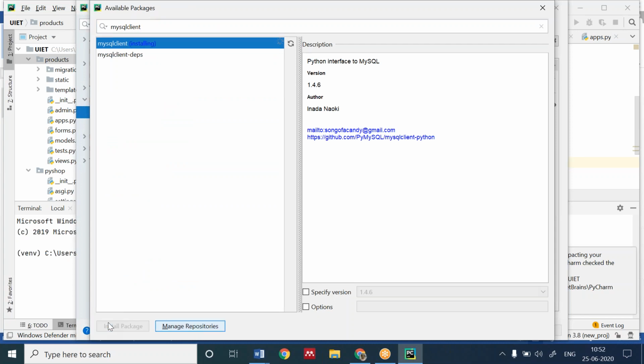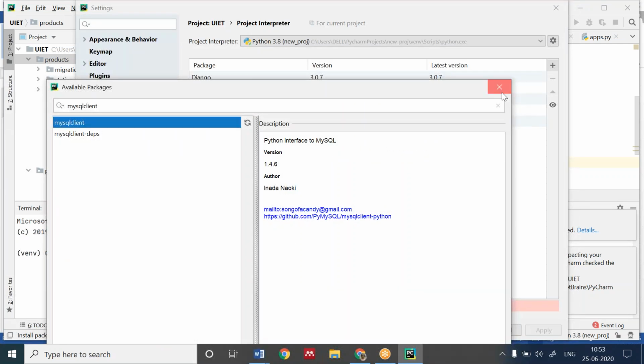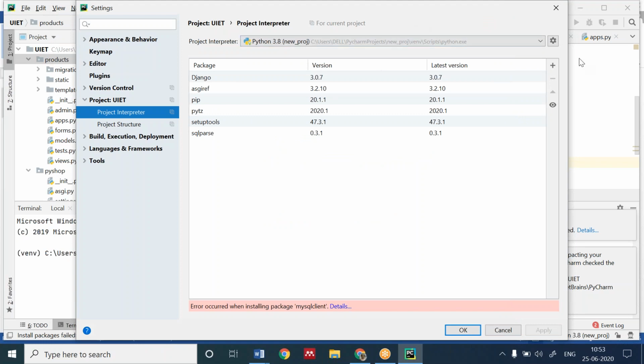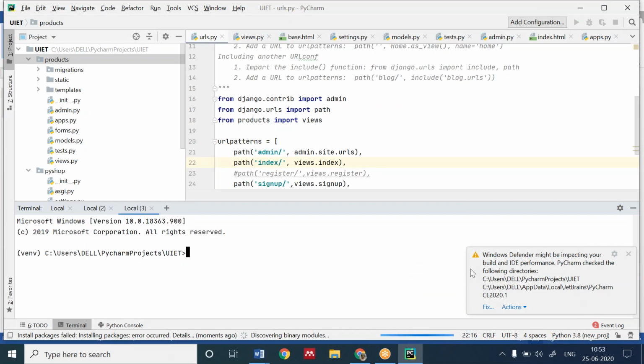Hopefully only 5 to 10% will have the error, and half of the population will be installing it fine. This error will be coming. It does not get installed easily. The repositories have not been made very well, so it will create an error. Then what you have to do, I will tell you a site.